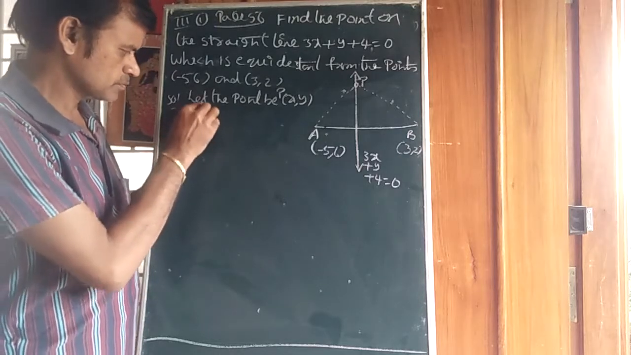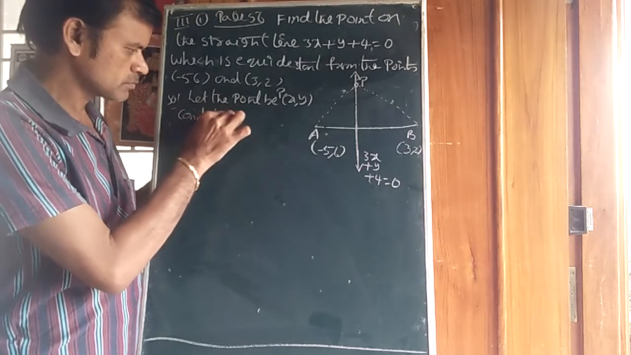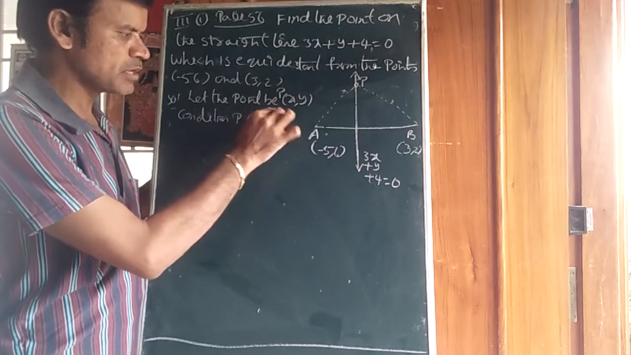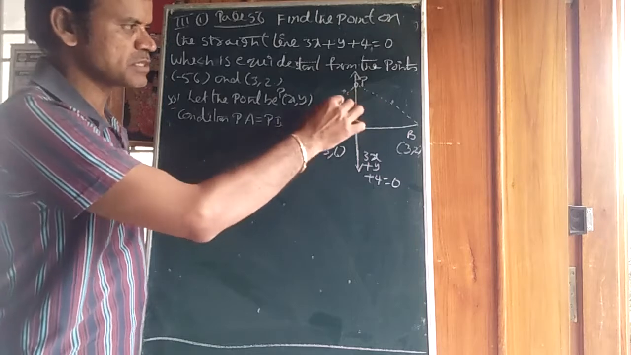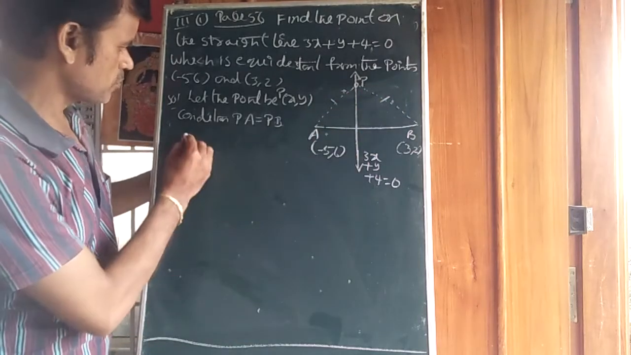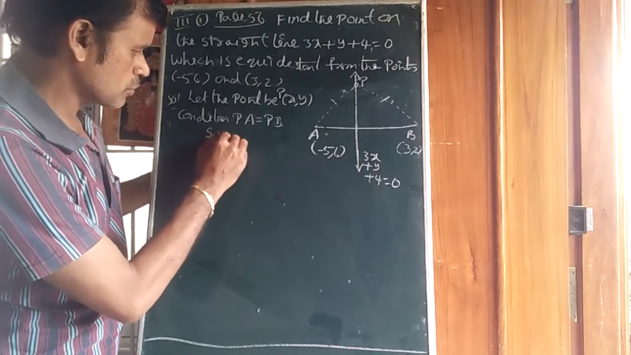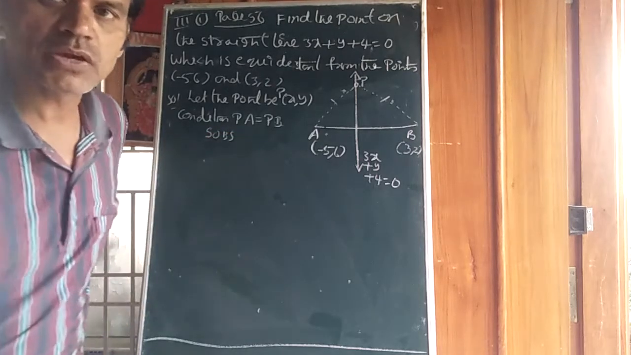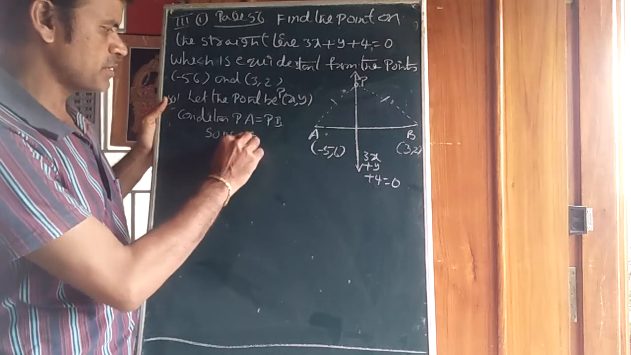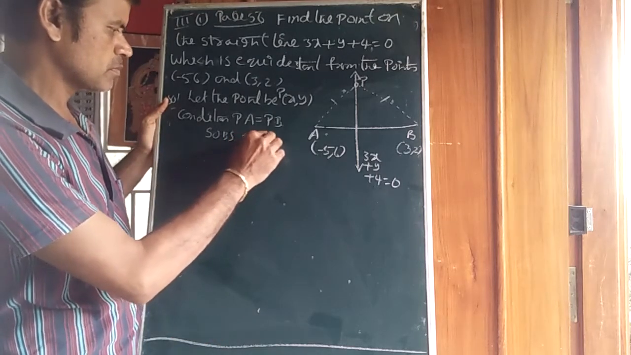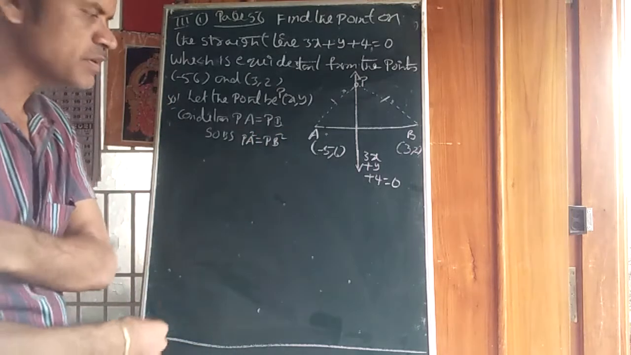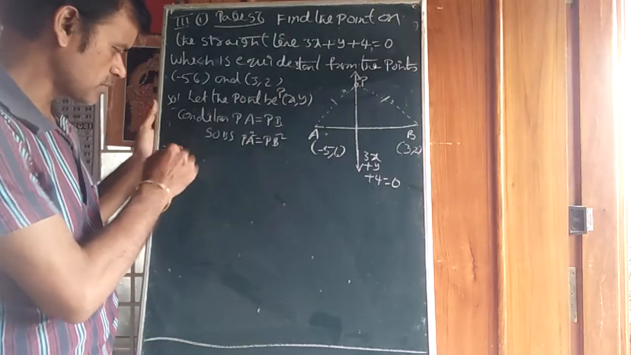Condition: equidistant, meaning PA is equal to PB. Same distance. This one and this one are equal. PA equal to PB, so squaring both sides, PA square equal to PB square. That implies you can write